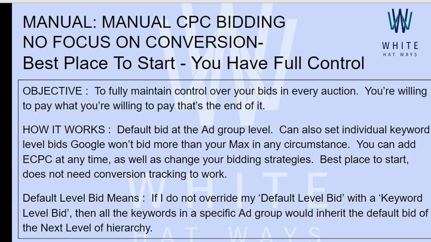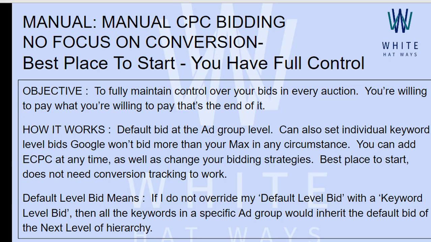Now what is ECPC? It is another type of bidding strategy which is a step ahead of manual cost per click bidding. While manual cost per click bidding is a totally manual method, we would consider ECPC, which is enhanced cost per click, as a semi-automated method wherein we are giving Google some charge to raise the bids in case Google considers that this click might result in a conversion and it is worthy of getting clicked. So it might go ahead and give you that particular click. However, the maximum cost per click should not be exceedingly high in those cases also.